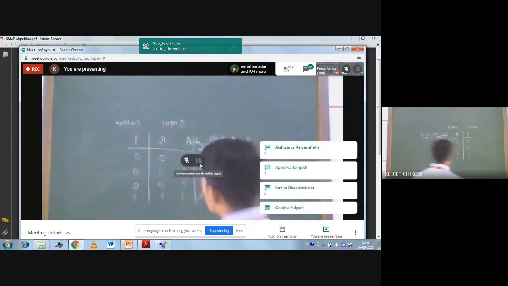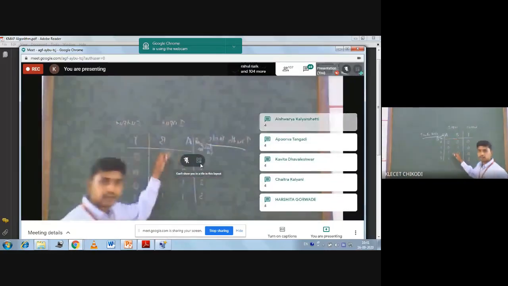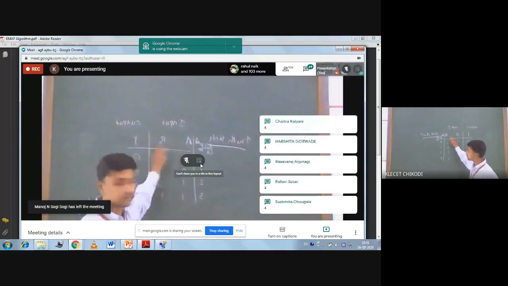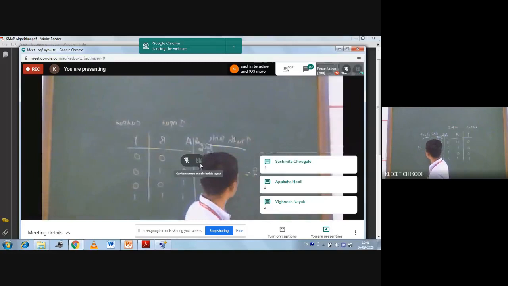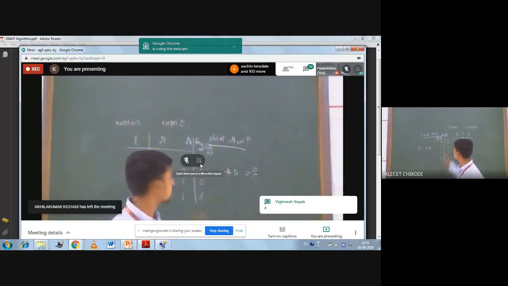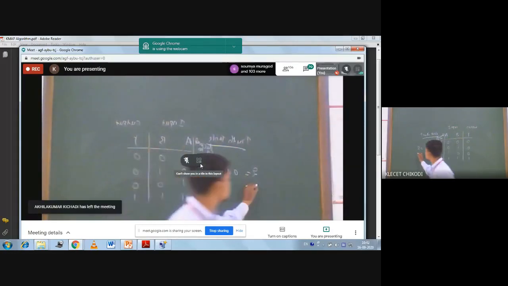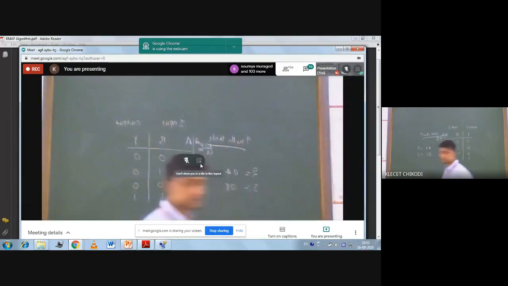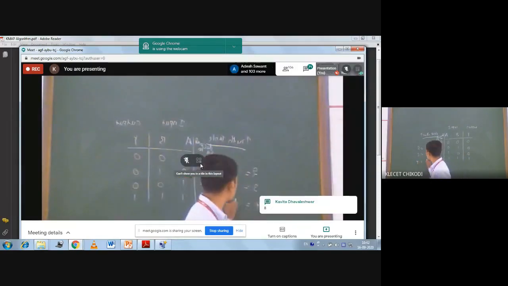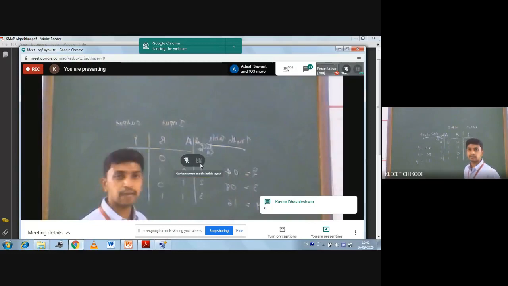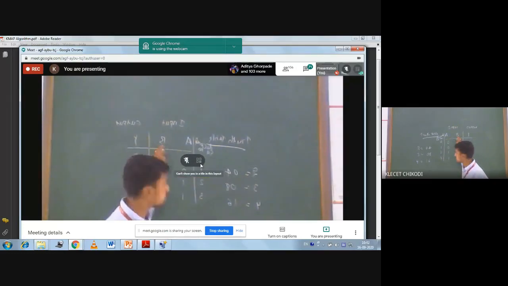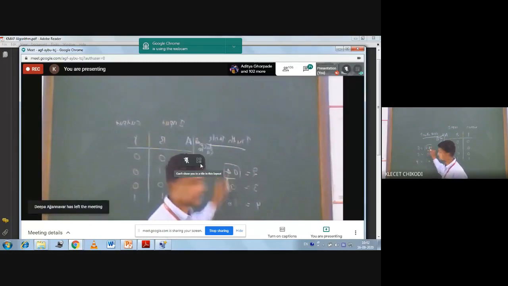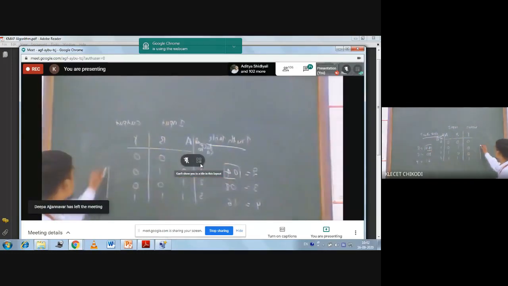Now you have to identify the K-map using the number of input variables. If the input variables are 2, then a total of 4 K-map cells are there. If the input variables are 3, then it will be 8 K-map cells, and if it is 4, then it will be 16 K-map cells. Fine. For 2 input variables, we have 4 K-map cells. That means we have to draw a 4 cell K-map like this.